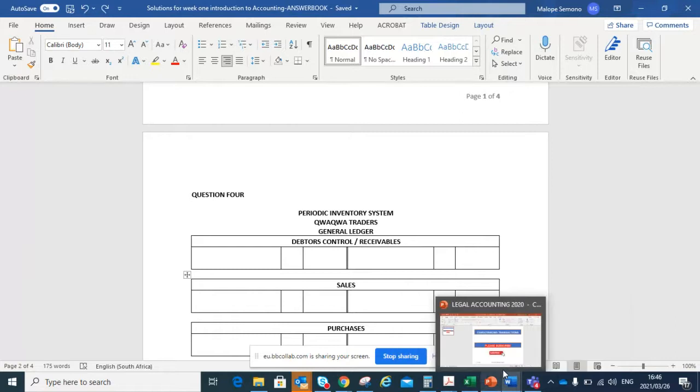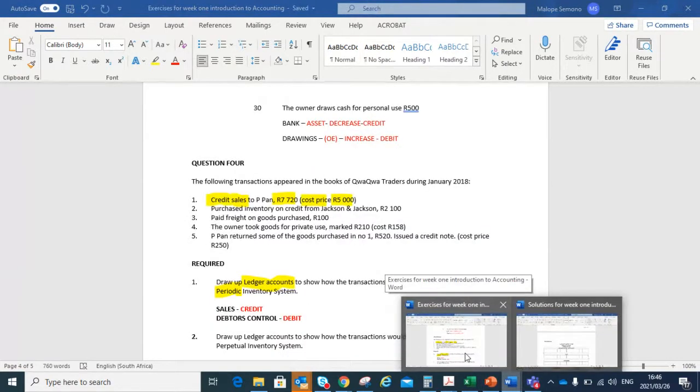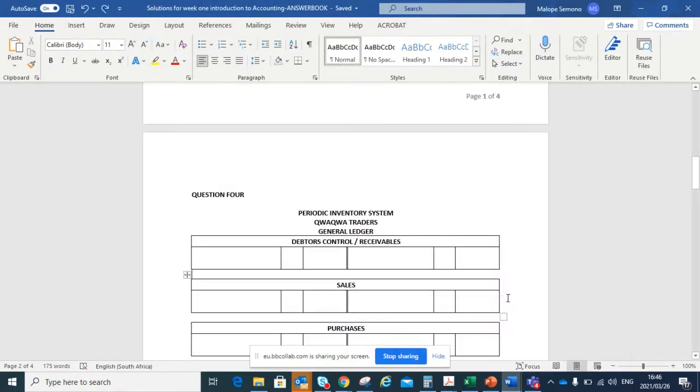Let's see. The amount was, remember we're dealing with the sales, 7720. So I'm going to come here and write 7720. But I need to make sure that I tell you what we call this, a contra account, the details. So I must just say, how did I make this sales? I'm going to say debtors control. Can you see now? We call this the contra. So the contra account is like the details. The contra account will always be the other account. The two accounts were sales and debtors. So the contra will be the debtors.